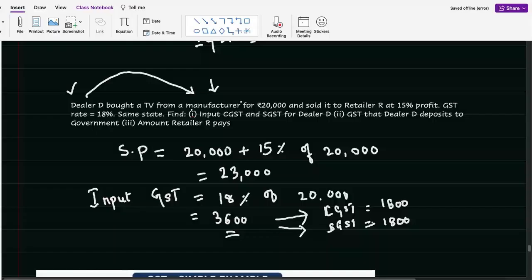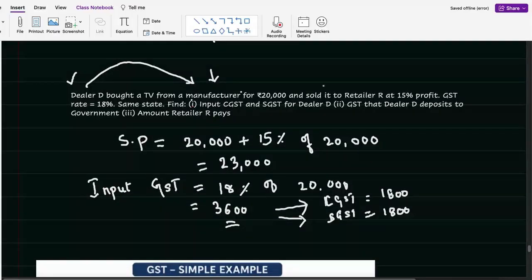Second part: the GST the dealer deposits to the government. How much will he deposit? He will sell this to the customer, right? Now, what will the dealer do? He will sell this particular TV, which he bought for 20,000, for 23,000. This is the selling price. On this selling price, again 18% GST will be added, right? So the total amount that he will be getting is